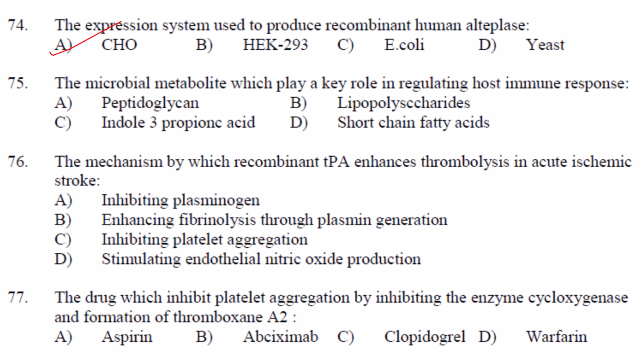HEK293 is a human embryonic kidney cell line, but for the recombinant human alteplase you use CHO, that is Chinese hamster